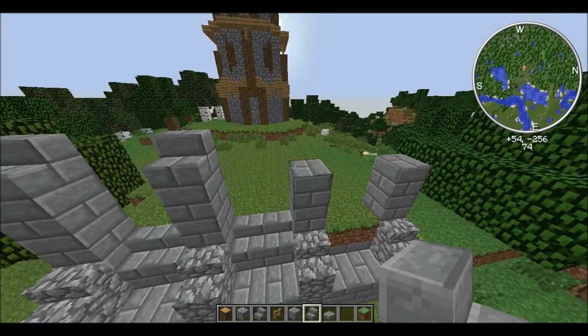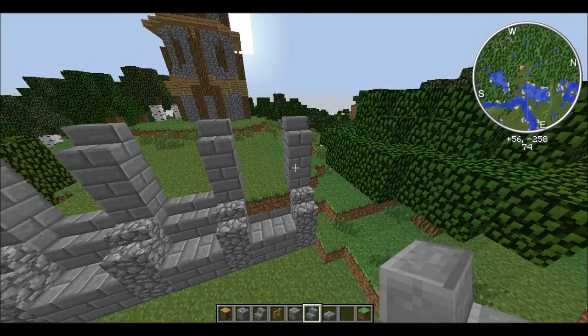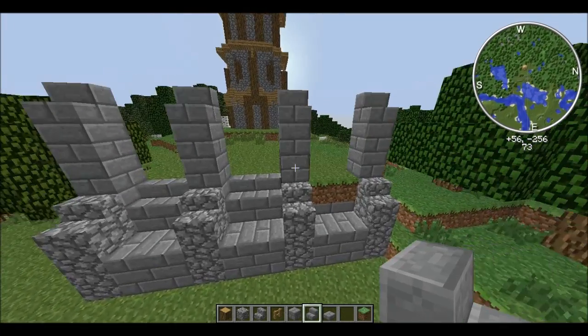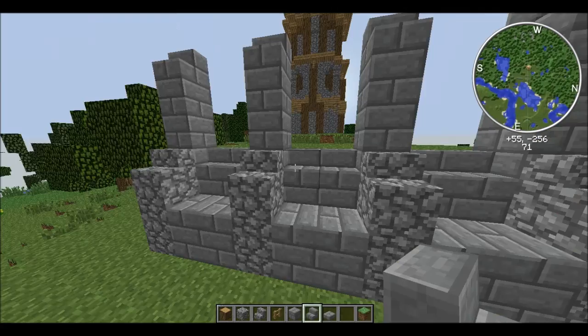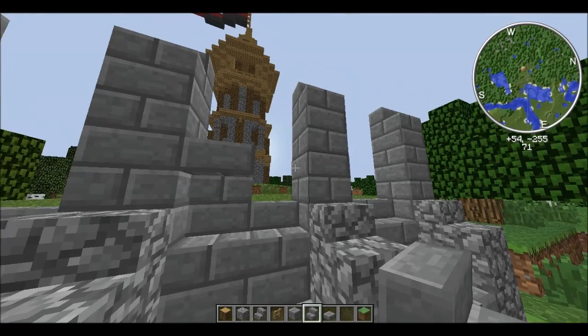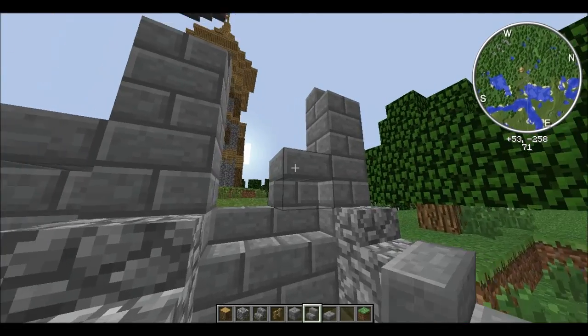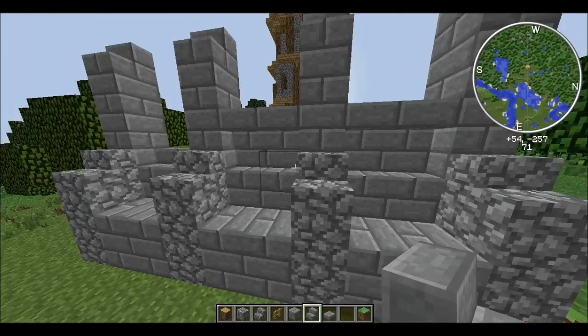So as you can see, it's a fairly tall wall, but not that tall of land behind it. Then once you've gotten these stone brick stairs looking the same way I've got it, go ahead and make another upside down one on top, so there's this nice little sort of divot in between here.